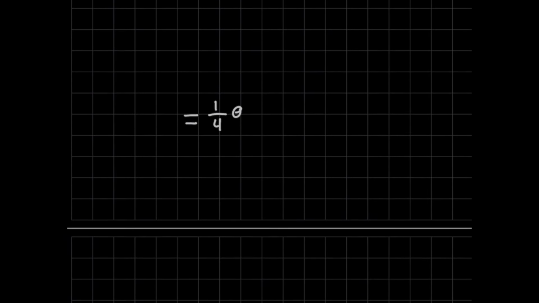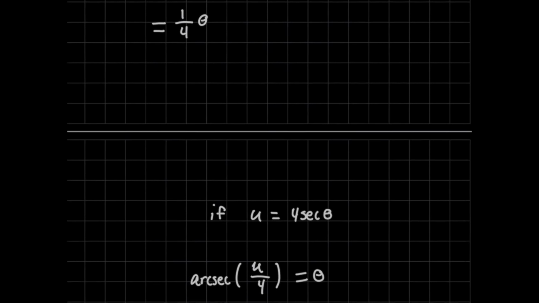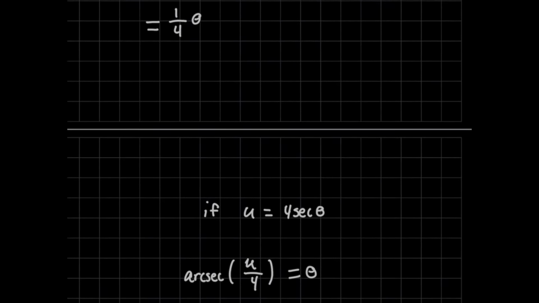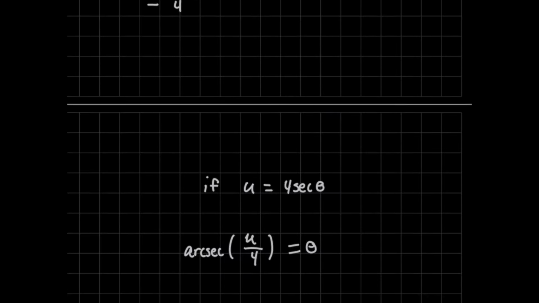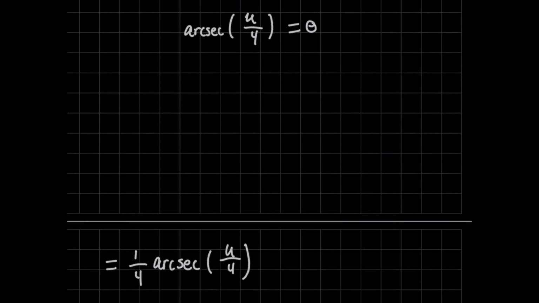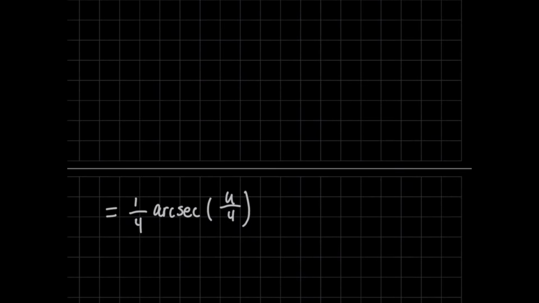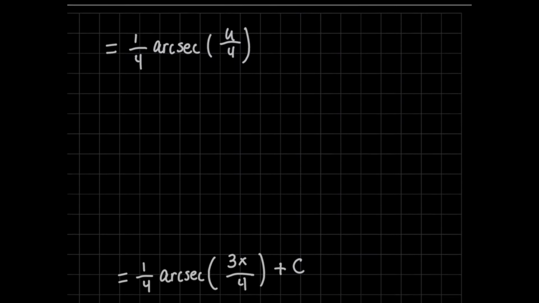However, we did have this substitution from before, remember? u equals 4 secant of theta. So if we divide both sides by 4 and take the arcsecant of both sides to cancel it out on the right, we now have what we can substitute in for theta, giving us this new expression, 1/4 arcsecant of u over 4. And then finally, we have to undo the first u substitution we did from the beginning, where we let u equal 3x, right? So when you put that back in here, you get this final answer, and you